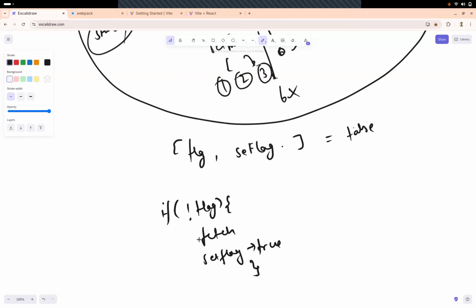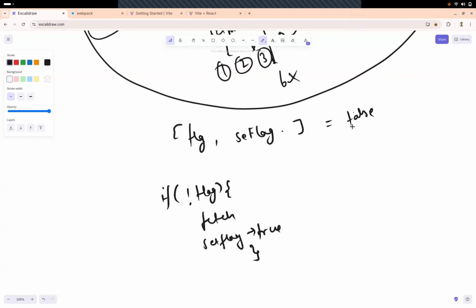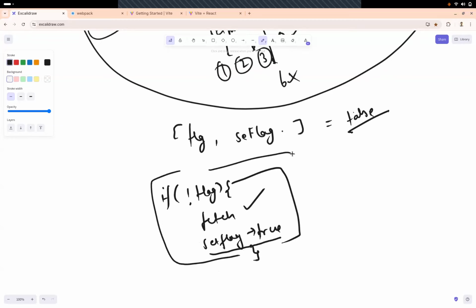Right? So in this case, what's going to happen? The very first time your flag will be false, it will enter this condition and fetch the data, but once the flag is set to true, it will never enter this condition again. So we are just showing all the data when our product is loading. That's it. We are not allowing re-renders. Because if we allow re-render, if we remove the if statement, then this function is going to go into recursion mode.